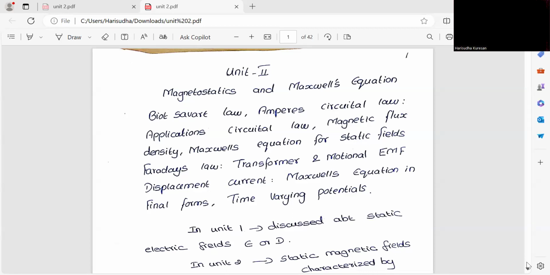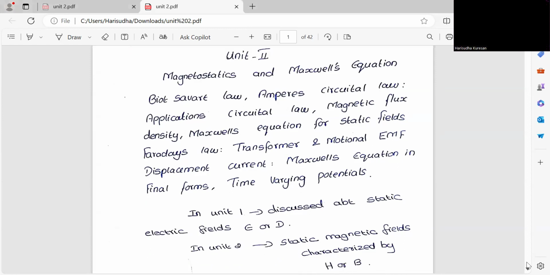Yeah, good morning, students. In the previous class, we were seeing about the electric field intensity and electric flux density. So now in this unit, we'll see about magnetostatics and Maxwell's equations. In this unit, we are going to see about the Biot-Savart law, Ampere's circuital law, applications of circuital laws, and magnetic flux density, Maxwell's equations for static fields, and Faraday's laws. In Faraday's laws, we will see about the transformer and motional EMF, displacement current, and Maxwell's equations in final form